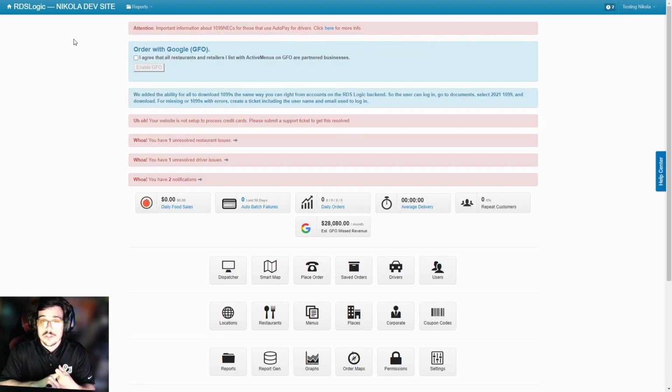So auto dispatch is going to handle everything for you. You don't have to worry about it. It will take the best possible times either from the driver in location 1, but if location 2 needs an extra driver, it might pull a driver from location 1 to location 2 to handle that order. All right, now that we have that all set up,